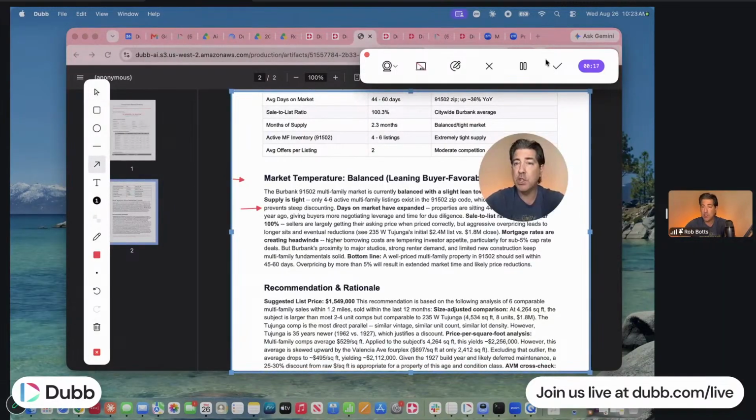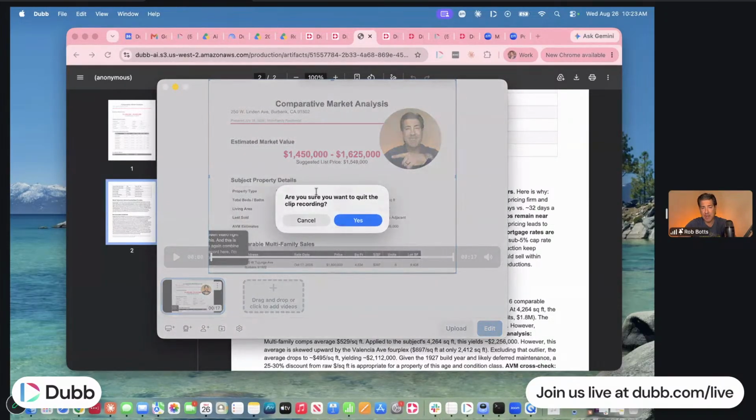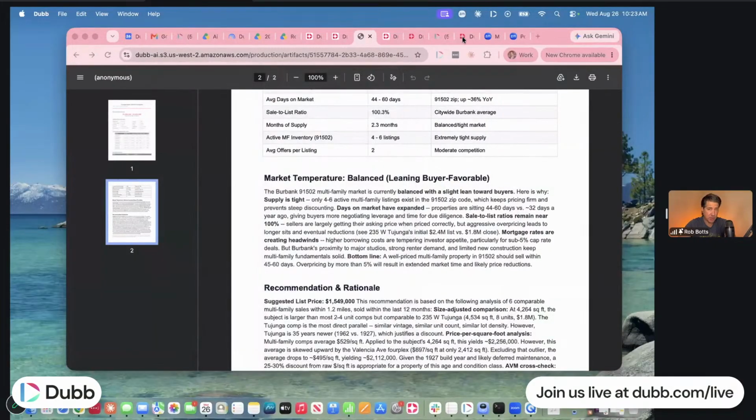So the point is you can create the asset with Dubb Agent. You can record a video with Dubb Studio, and then you can either send it through a third-party sender that you're already using or through Dubb, or you can have Dubb Agent do the sending with nice personalized copy that it can drop in there as it sends. So the integration between the two is just amazing in terms of that.